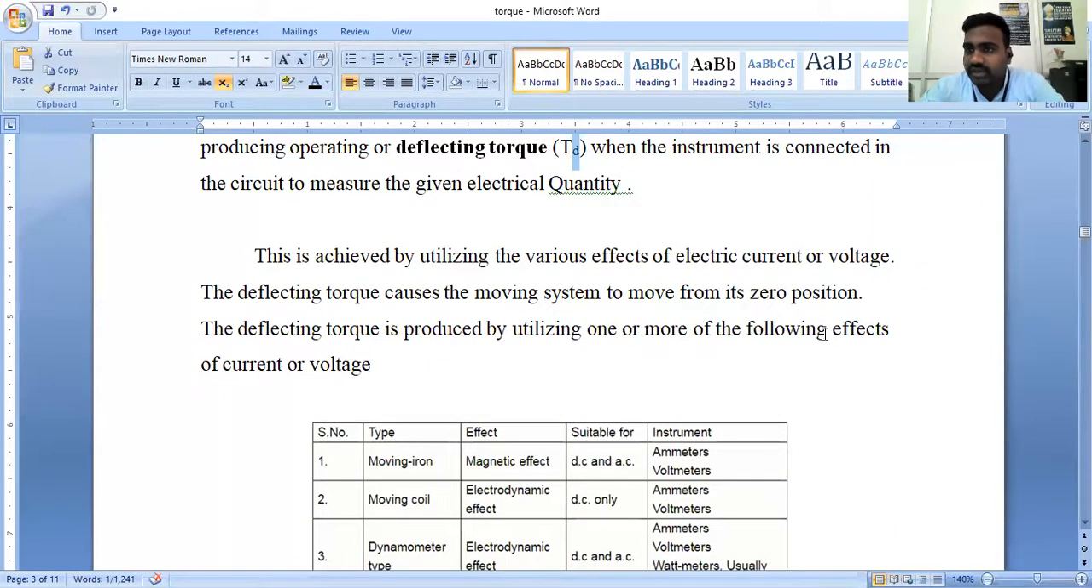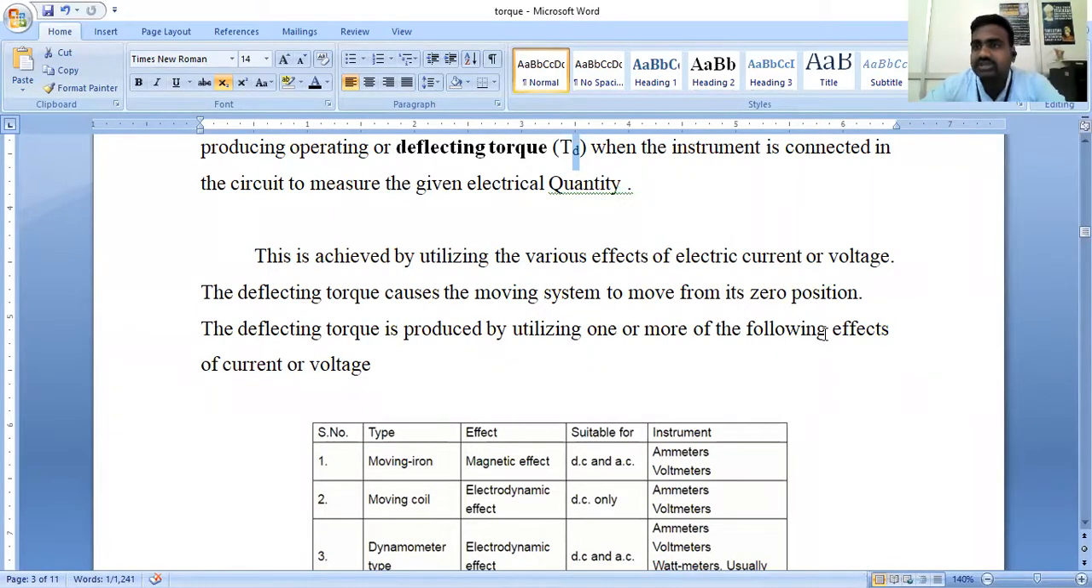So the current flowing in the line is 10 amperes, and whenever we connect an instrument, the ammeter, in series to the line, the current carrying conductor which is placed in the instrument will start rotating in the presence of the magnetic field. Okay. And the needle will start deflecting from the 0th position to 10 amperes. So the initial deflection of the instrument is handled by the deflection torque